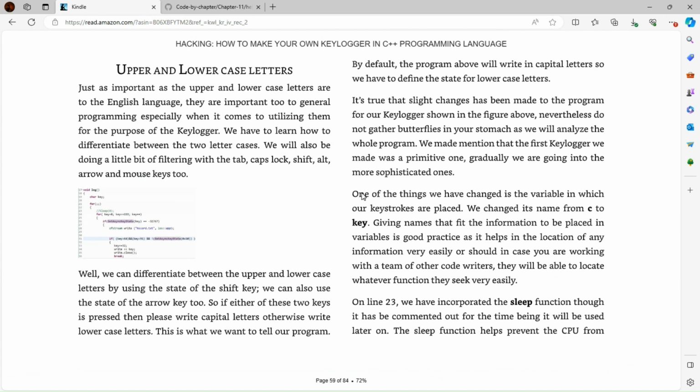One of the things we have changed is the variable in which our keystrokes are placed. We changed its name from C to key. Giving names that fit the information to be placed in variables is a good practice. We're not going to do that. We don't care. On line 23, we have incorporated the sleep function through